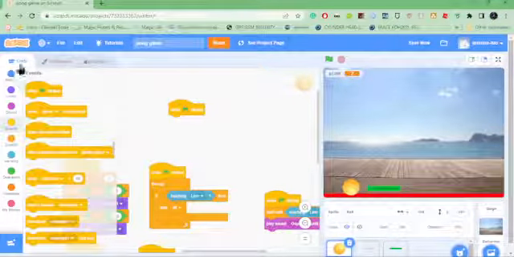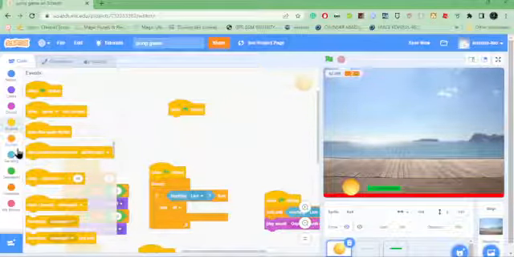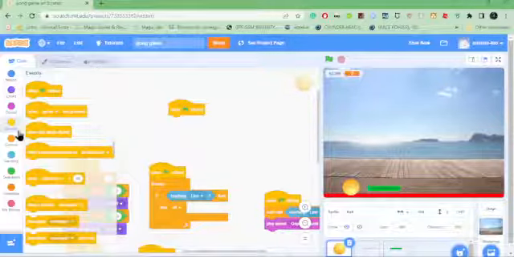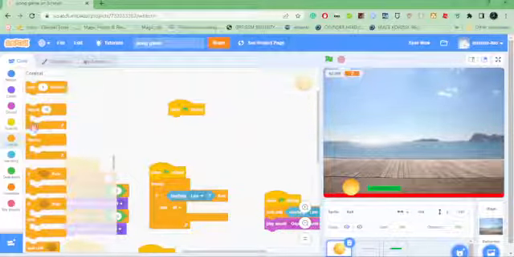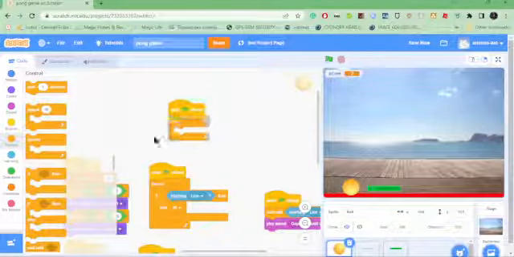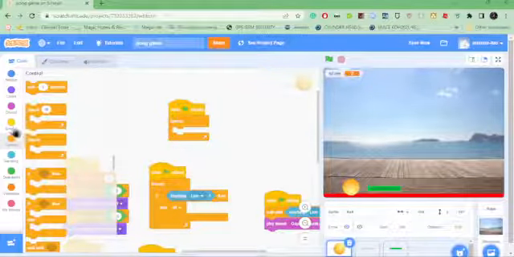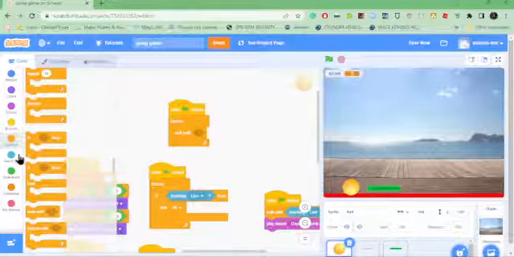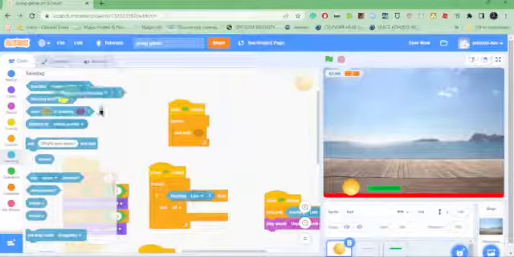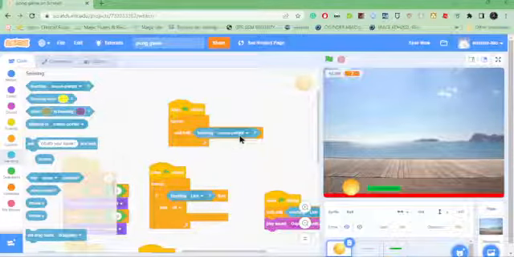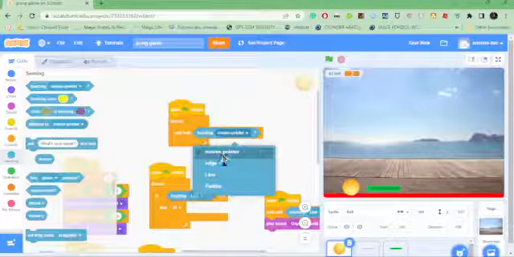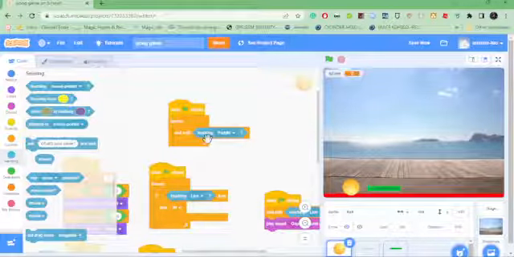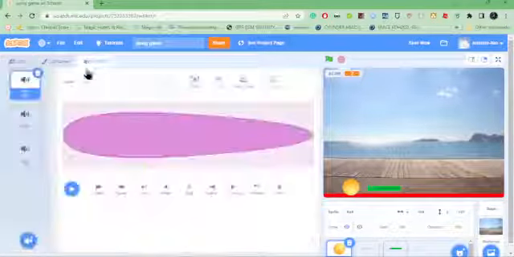when green flag clicked. We're gonna go to control, forever, wait until, and we're gonna go to the sensing, touching. So it's gonna continuously check. So we're gonna pick paddle, and we're gonna go to sounds,